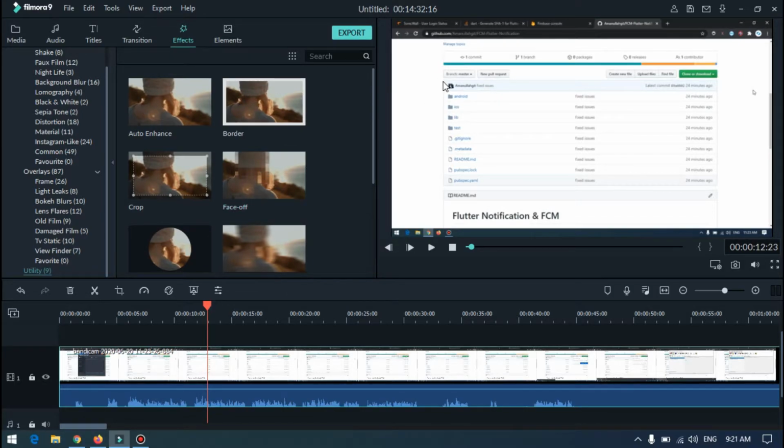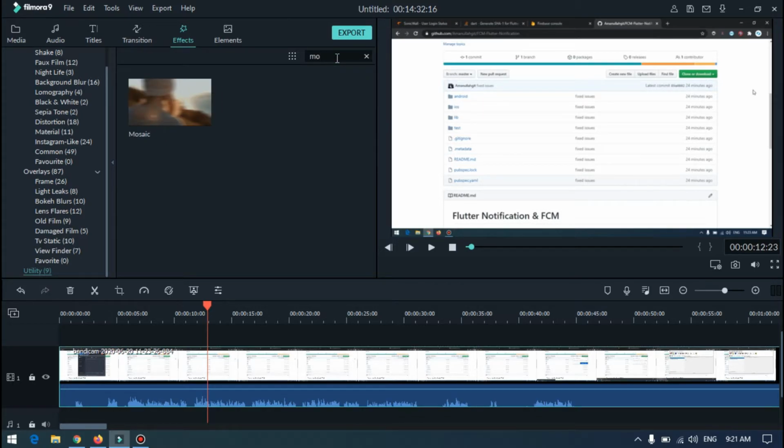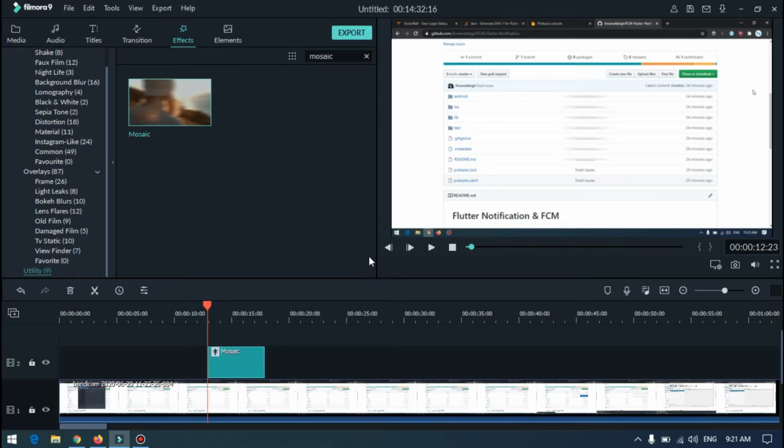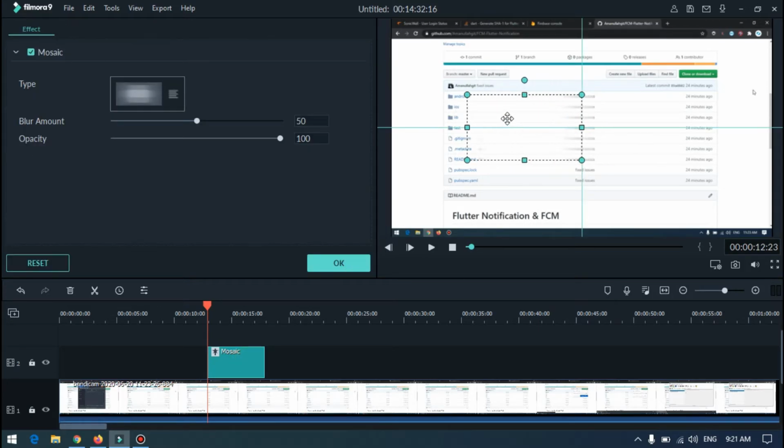Where we can specify the specific object or specific thing in your video which should be blurred out. So you have to type in search mosaic. Just drag this mosaic here at the top of your video, then it will appear here. If you double click, you will see the size for this one. Just resize it according to your need,